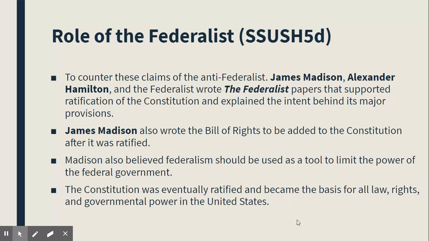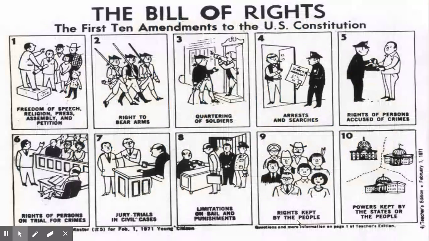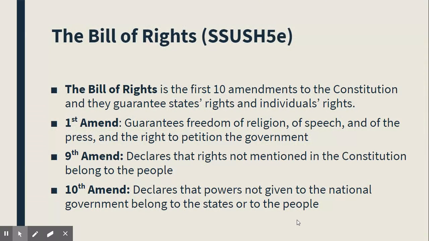the Constitution. Okay, so number 18, what did the Anti-Federalists want added to the Constitution in exchange for ratifying the Constitution? So in exchange for voting on it and signing it, the Federalists had to promise that they would add the Bill of Rights, and so they do. Okay, number 19, what was the purpose of the Bill of Rights? Its purpose is to give and guarantee states' rights and individuals' rights.